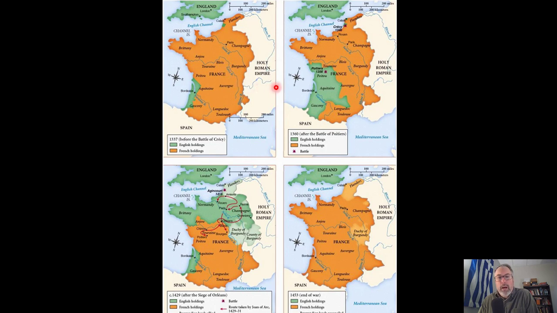So as the war goes on, England starts to make headway, starts to claim more territory in France. It's going well. France pushes back. English pushes from the north down. They start to conquer this territory in the north of France. But by the time we get to the end, 116 years later, you can see where it began and where it ended is almost exactly the same. In terms of territory, you might say that the French won because they get this little territory back here and this territory here as well. And it's very close, like I said, to what we think of the territory which bounds England and France today.